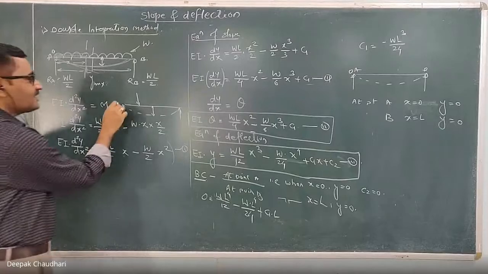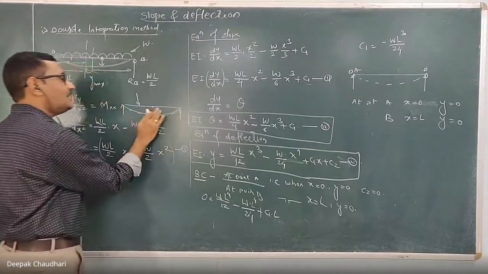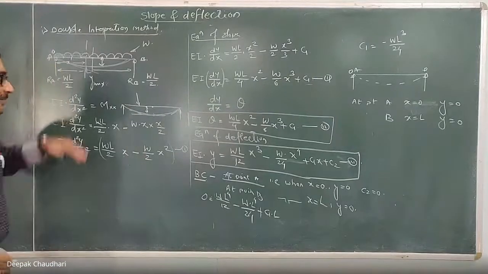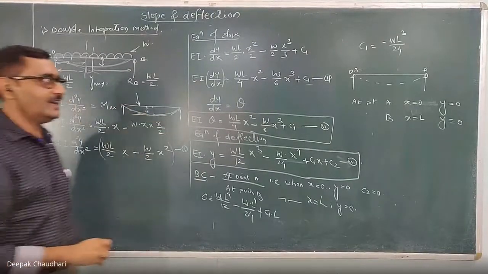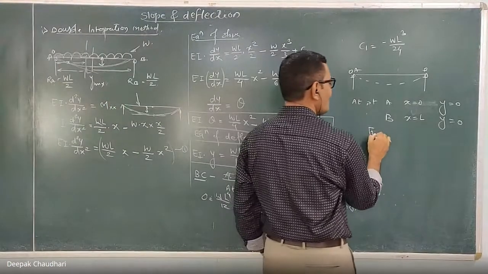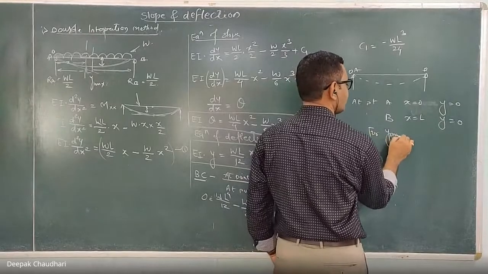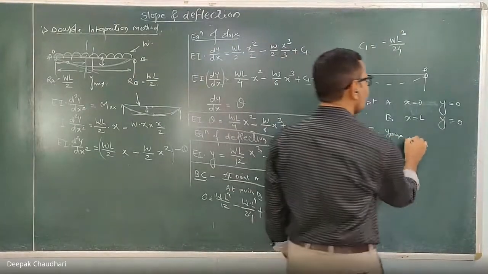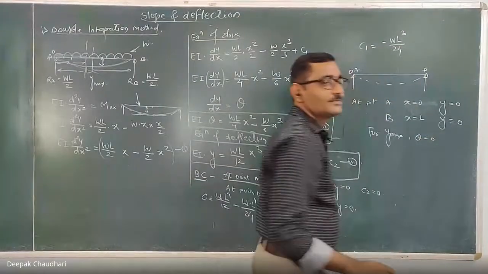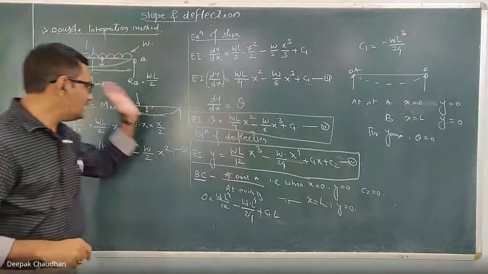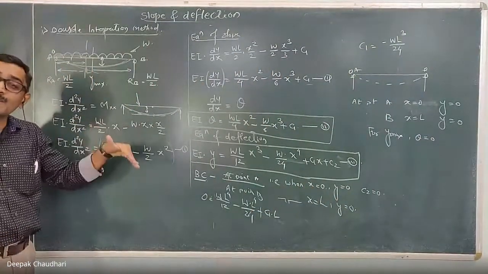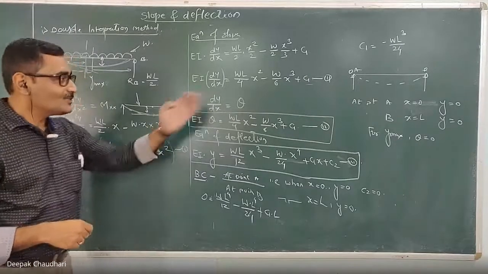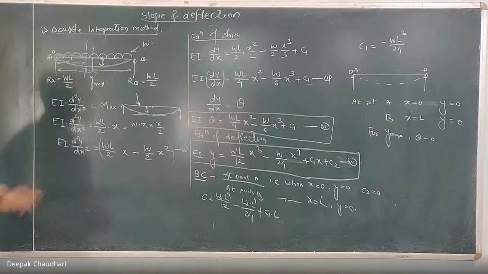But here for this curve, we know that when the deflection is maximum, at that point the slope is 0. There the tangent will be horizontal. So remember this for y max also. The deflection will be maximum at that point only where the slope is 0, or vice versa. On this curve, the point where the slope is 0, the deflection will be maximum. So this boundary condition also we can use here because it is symmetrical.